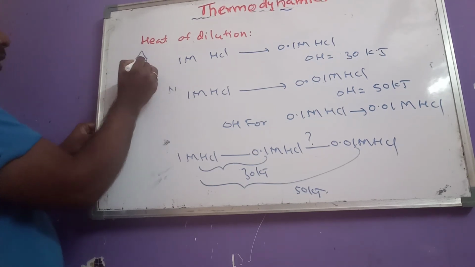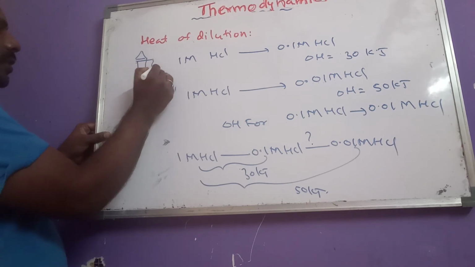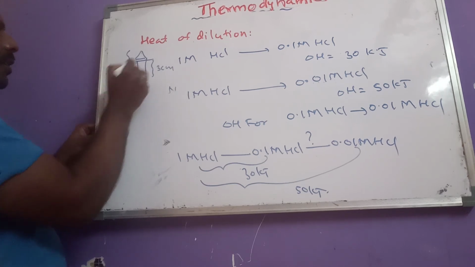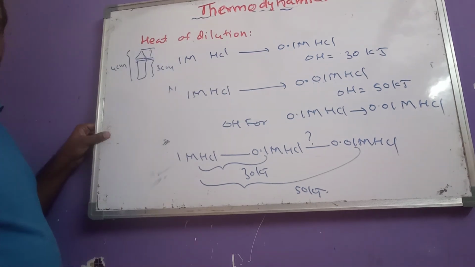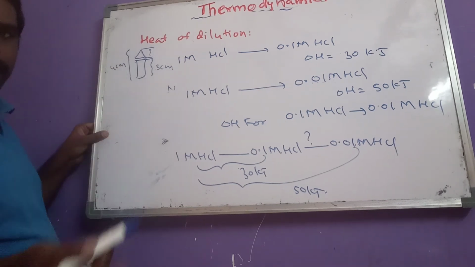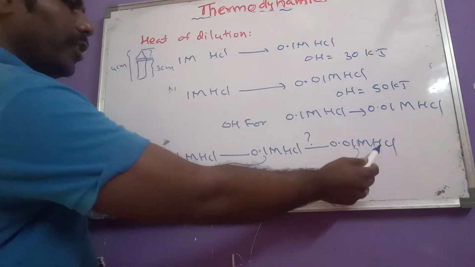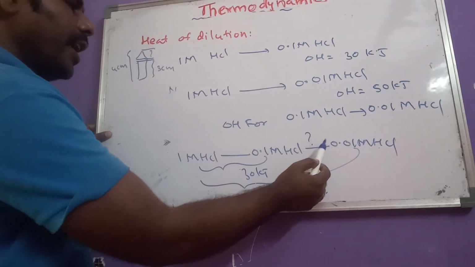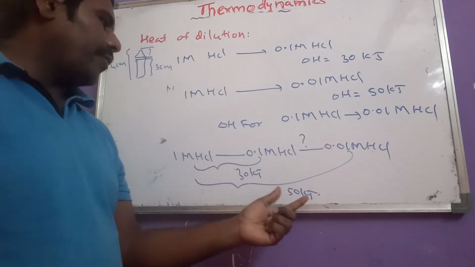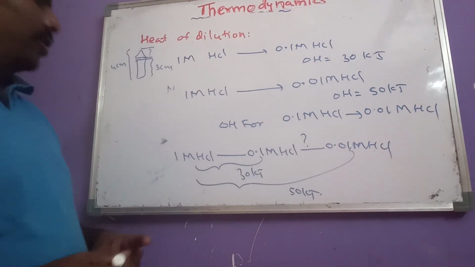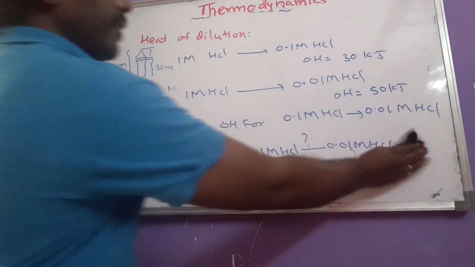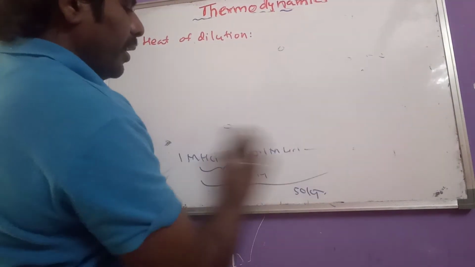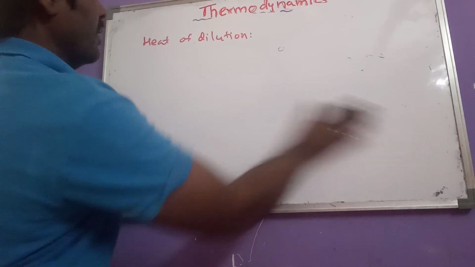For example, here, let it be a marker and this is the cap. Now, here, up to the marker the height is 3 centimeter and up to the cap the height is 4 centimeter. What is the height of the marker? How can you answer? 4 minus 3 means 1 centimeter. Like that only. 1 m to 0.01 m is 50, 1 m to 0.1 m is 30, so in this gap how much heat energy change? Just 50 minus 30, you get how much? 20 kilojoules. So this is regarding which one? Heat of dilution.